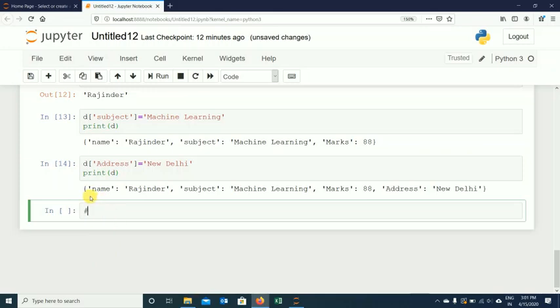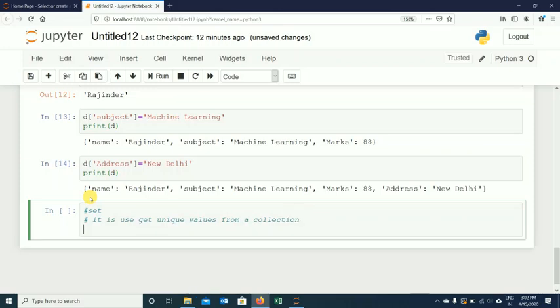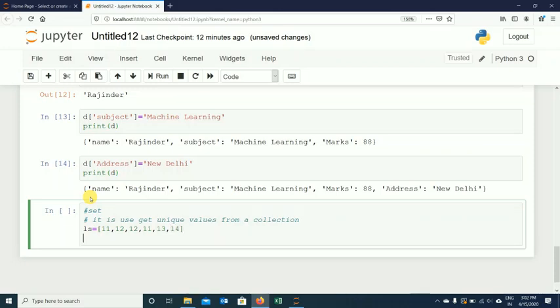Let me go for one more case. Set is there. It is used to get unique values from a collection. Primarily we prefer to use it when we are getting data from a list. Let me make a list, say 11, 12, 11, 12, 13, 14. If I do it like this, print set, from the set we will get